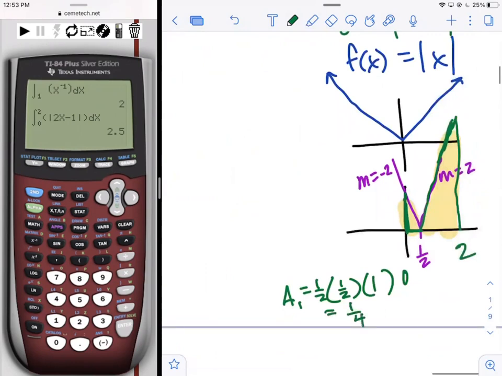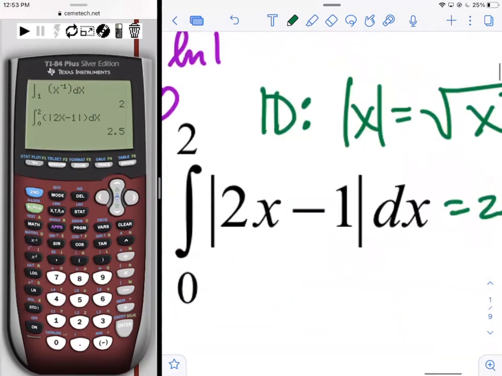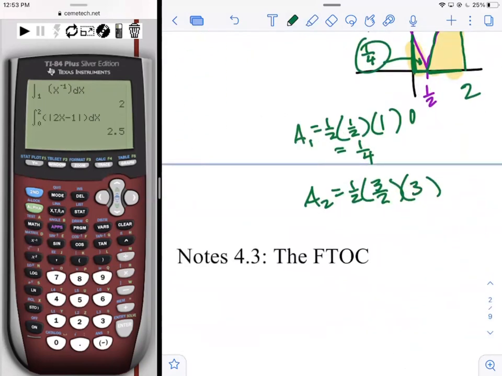Now, if there were room, I would write it in there, but there's not. So I'm going to write it and draw an arrow to it. And now the big one, a sub 2. Again, it's 1/2 the base times the height. What's the base from 1/2 to 2? 3/2, right? 1.5. Again, it's easier to work with fractions when you don't have a calculator, but 1.5 will work. And then the height would be the function value at 2, which if you plug it in, 2 times 2 is 4. 4 minus 1 is 3. Absolute value of 3 is 3. So now we multiply straight across and we get